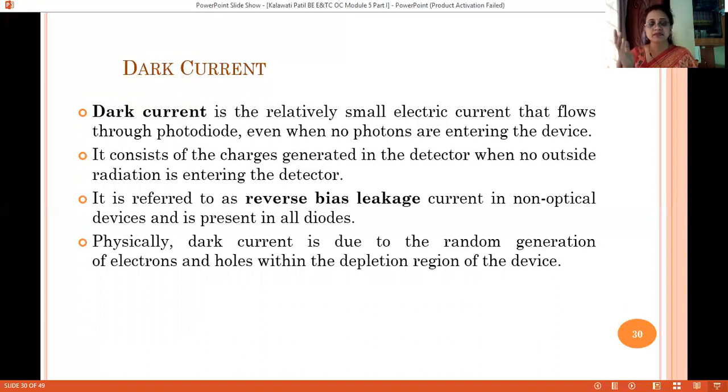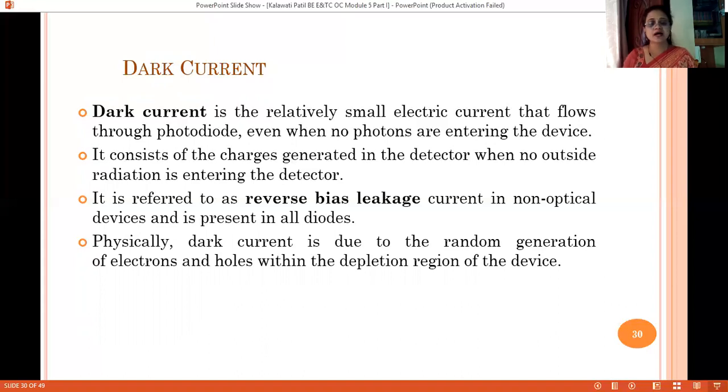Sometimes you'll remember it from your EDC 1, EDC 2 learnings of diodes and transistors, one term known as reverse bias leakage current. So sometimes the dark current is also referred to as reverse bias leakage current. As you know, a photodiode is operated in reverse bias conditions.